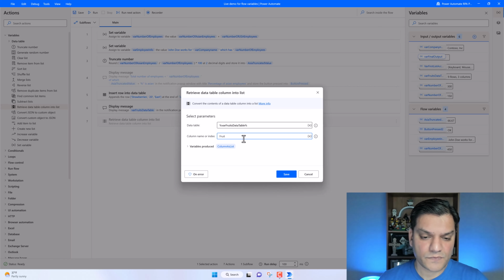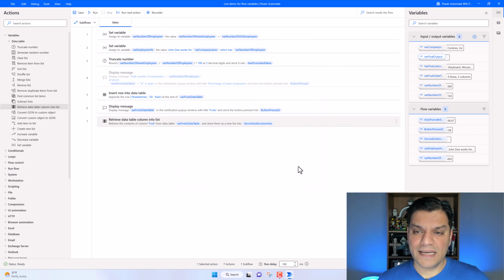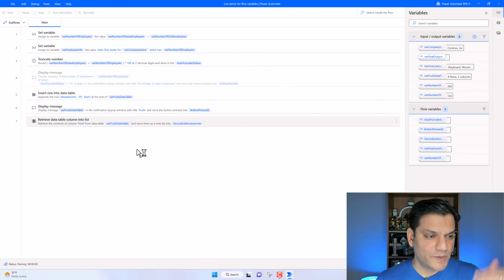And the variable name, I want to change that variable name. So I'll click on it, and then I'll just go and type this in. It's just secondary list accessories. Click on save. And now if I go and do a run, we should be able to see how everything